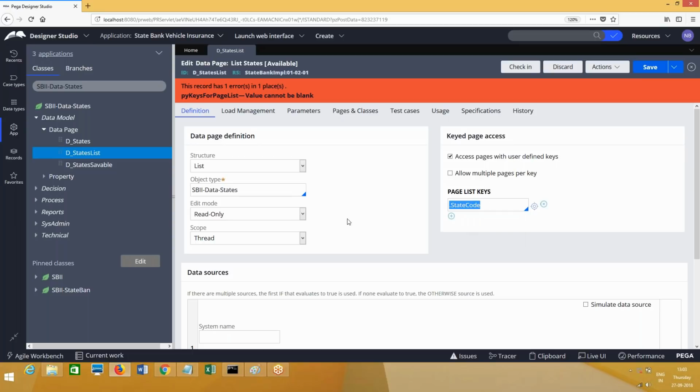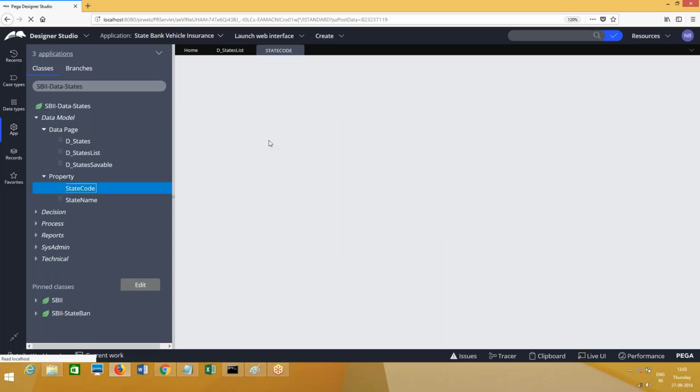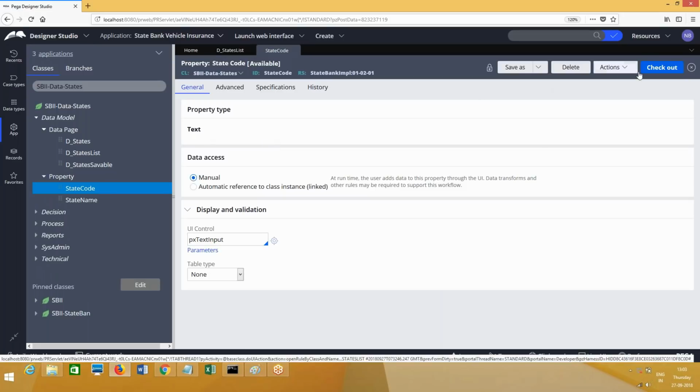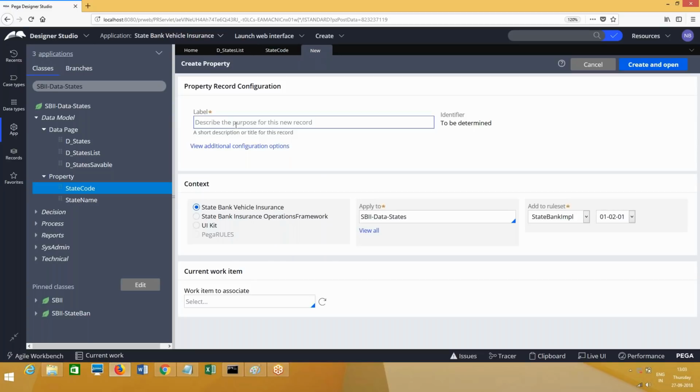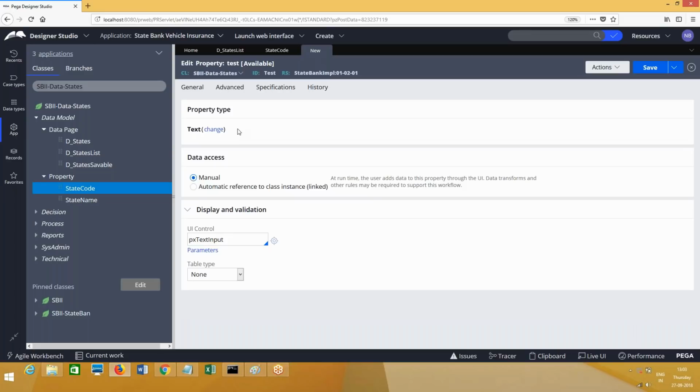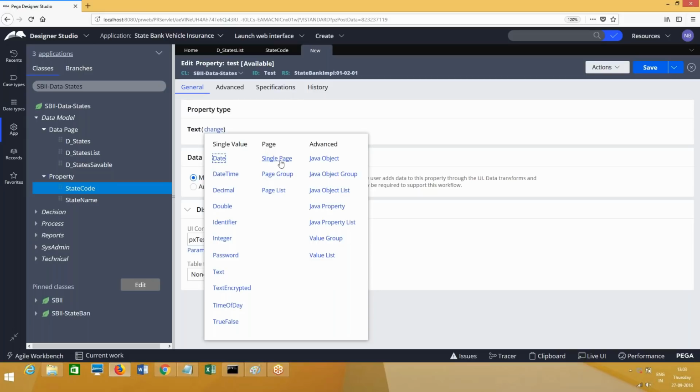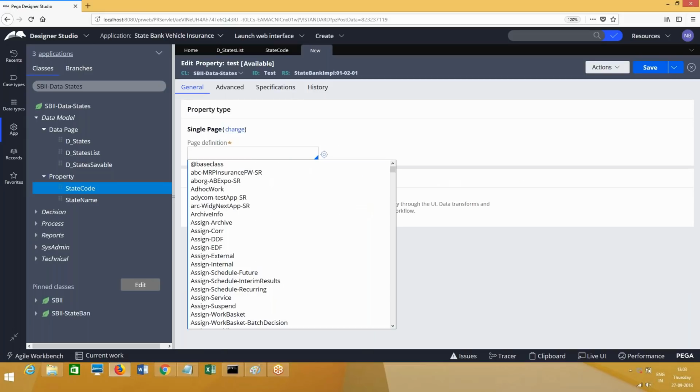Now, whenever we use this keyed access data page, it can only be called by passing the key values from a property. If you open any property, if the property is of type page, let me create a property, test property, and the property type is single page and it should refer to some class.